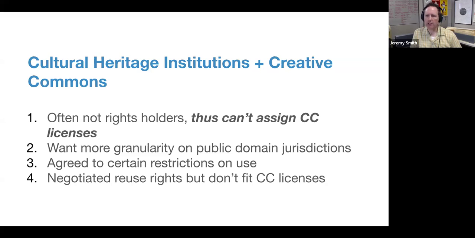And maybe we want some more granularity on some of those public domain things, or we want to add some variant. Or maybe we've gotten something from a donor, but there are very specific restrictions on the use that they have. And maybe some of the reuse rights that we have negotiated with our donors don't necessarily fit into any of those Creative Commons licenses. So there's a hole we need to fill. Next slide.